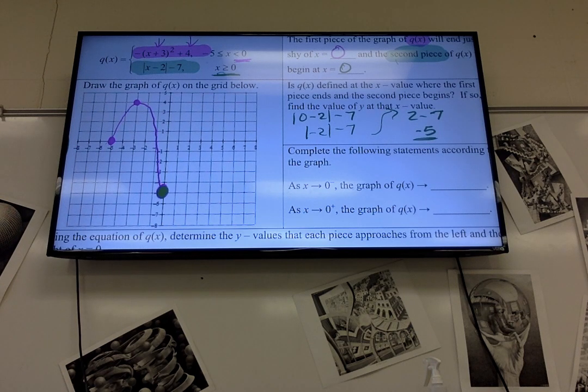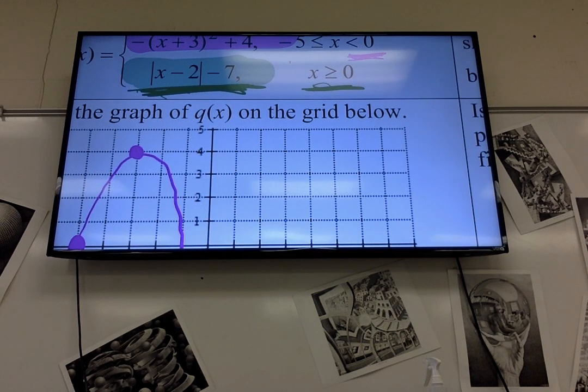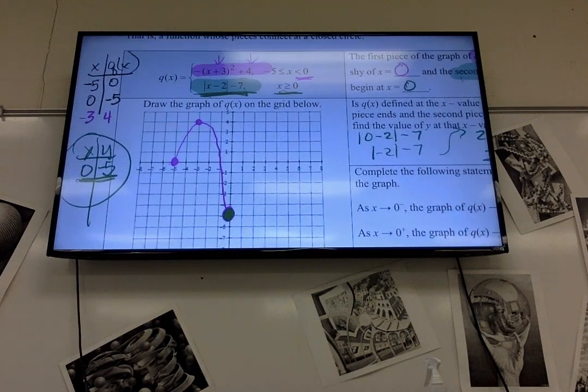So the rest of that graph, I know, is supposed to be an absolute value function. What shape is the absolute value function? A V. Very good. So my vertex of my V is going to be where? Well, you just think it's at that point. Yeah, that's a plus 2, because remember that minus 2 means that it moves to the right 2. And the minus 7 means that it moves down 7. So that's at the point